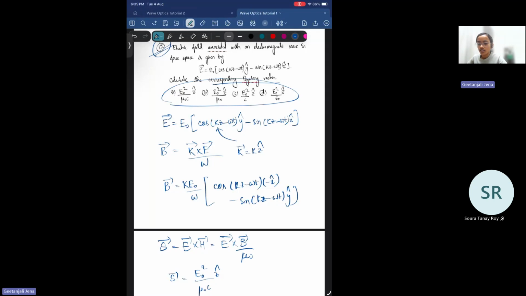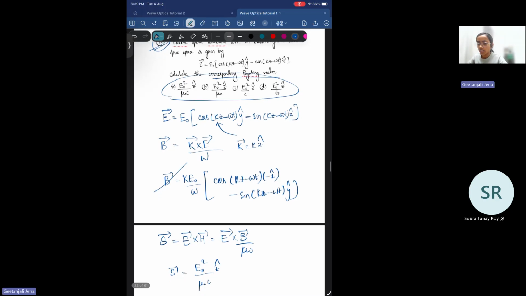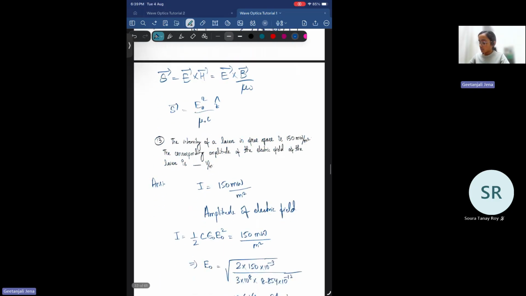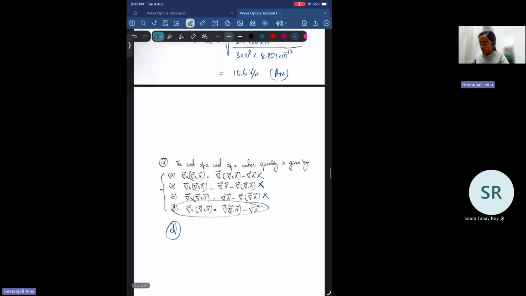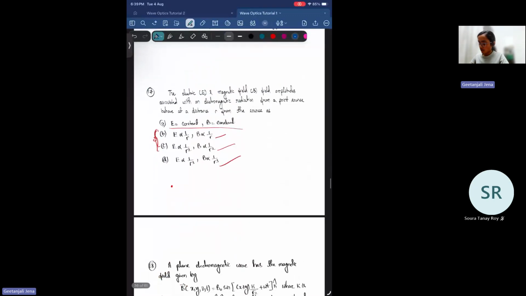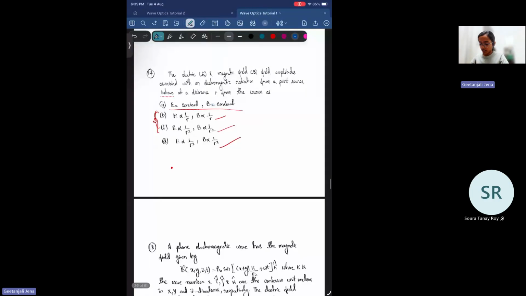I didn't get it. So you have calculated B, then you have used 1 by... what is E here? Sorry, E is the electric field. Okay. So 13 number question, we have solved it. 14 is also done. 15 is also done. Okay. So 17 one,